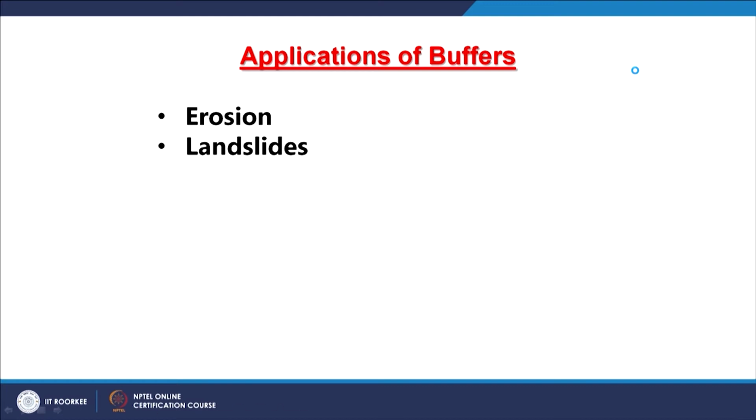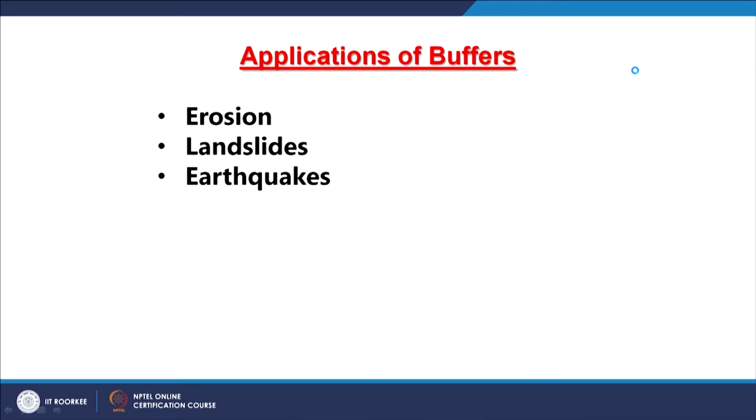In landslide studies also, buffers are very important to know which are the areas that are initially going to be affected, and then later on how a landslide will expand in future depending on, of course, the terrain characteristics and others like vegetation cover, land use, soil, lithology, but along with that the terrain characteristics. So, if all that information is there, we can create a buffer along existing landslides, and these buffers will let us know how it would expand in future if things continue in the same way.